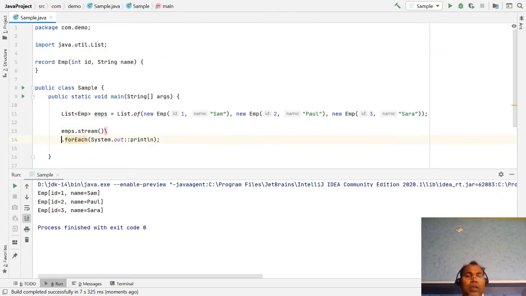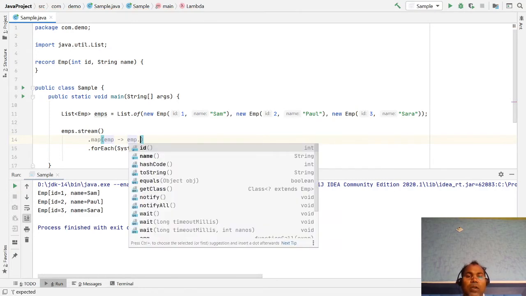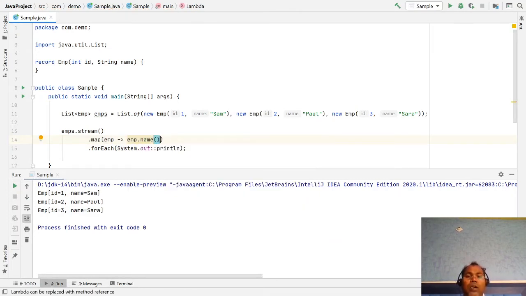For that purpose, as a functional programming approach, we can write the map function. The map function is used to transform your object, here one employee, and we get employee.name. So now from this employee object I am transforming to a string object, and we get only the name.